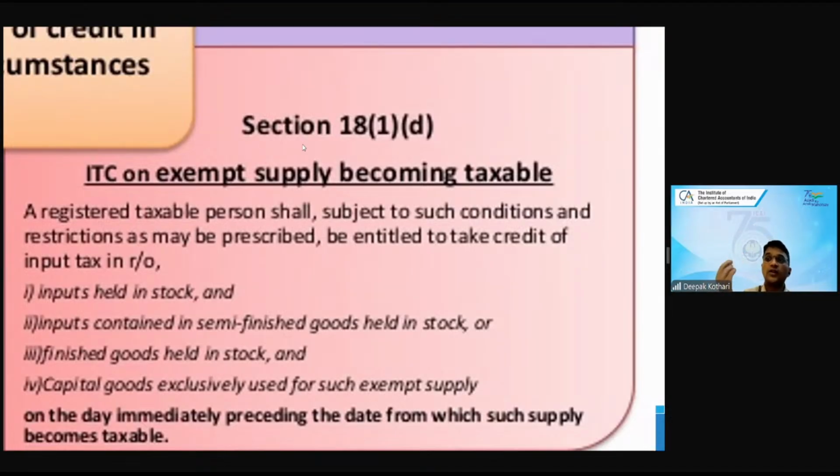तो जब जीएसटी आउटपुट लगेगा उसमें क्रेडिट भी मिलना चाहिए। So that's why they are saying that earlier when it was exempted and now it is becoming taxable, so you can claim the credit of it, you will be able to claim the credit of it।